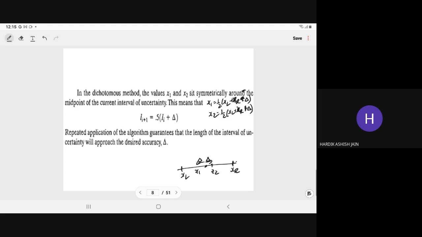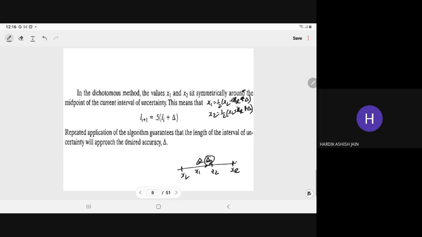In an iterative method you never get the exact answer, you always get an approximate answer. What is your limitation to handle the error? That we denote by delta. How much error you can tolerate, what is your tolerance limit, that we represent by delta.